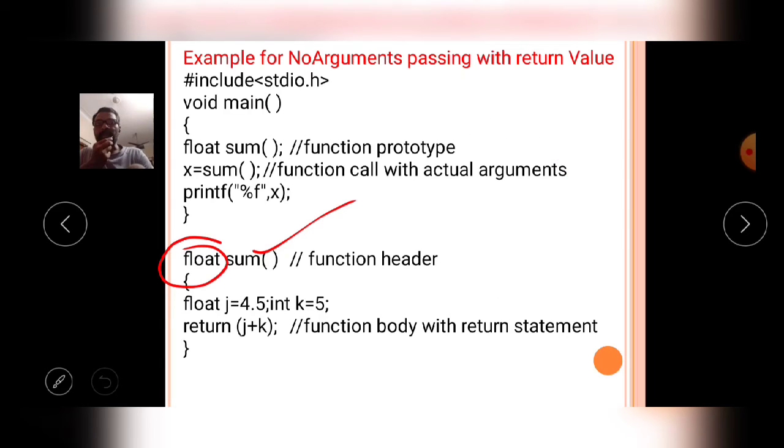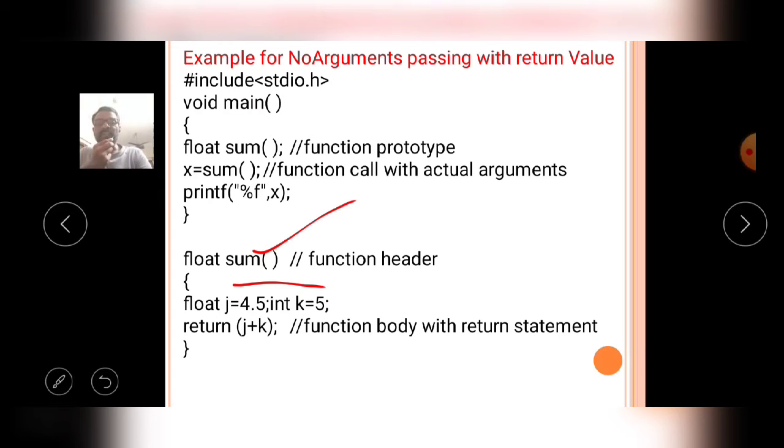In this example program, the sum user defined function will not receive any arguments from the caller function. So here there are no actual arguments and no formal arguments. After completion of the execution, the j value is 4.5 and the k value is 5, total that is sum 9.5.